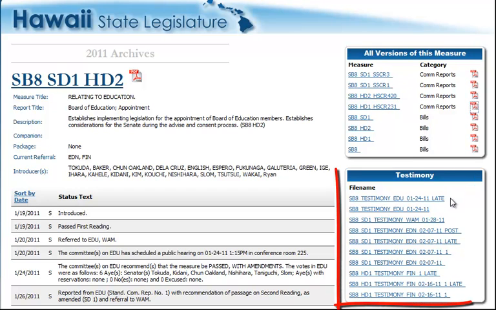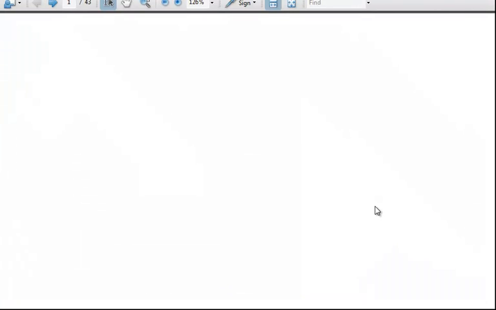Now, right below that, you see a link to all the testimony that was submitted. You remember that the first committee was the Senate Education Committee. If you want to see that testimony, you'd click on this link here. The one that says late is testimony that came in past the 24-hour in advance deadline. So let's take a look and see what this looks like. Here's the education original one. And you'll see up here that there's 43 pages of testimony.